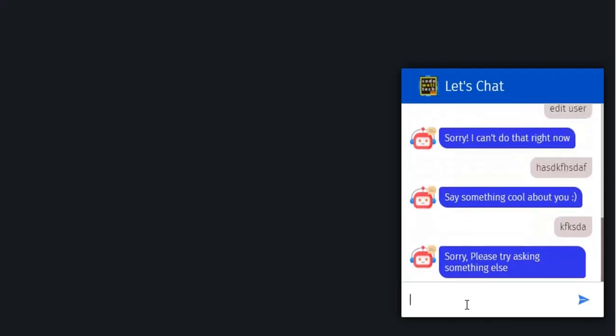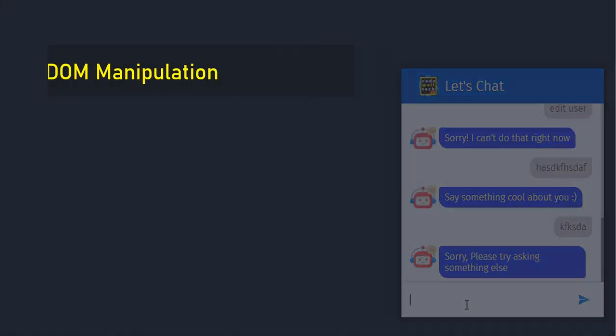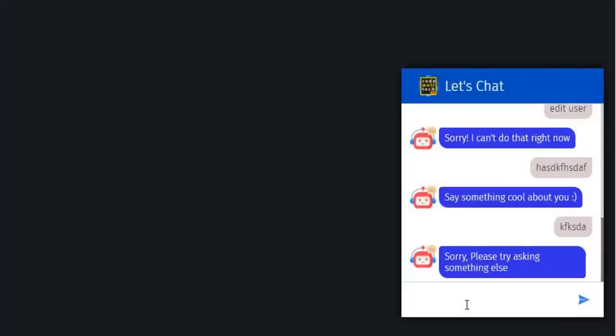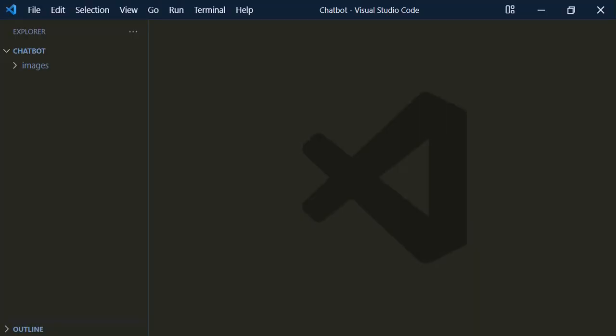We are going to create this application in two parts, and you will be learning so many concepts of CSS and JavaScript, like animations, creating JavaScript modules, and how to integrate our chatbot with a service. So we are going to learn so many things. Now let's get started. Create three required files: new file,